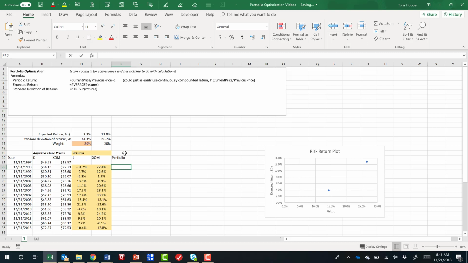And so if we had $100 and we put 80% into Kellogg, it'd just be that percentage times the return we got on Kellogg, which wasn't very good that year, plus whatever percent we put into ExxonMobil times the return we got that year on ExxonMobil, which was pretty good. And so that's the formula for the weighted average return on those two stocks. If we look at what that looks like each year,